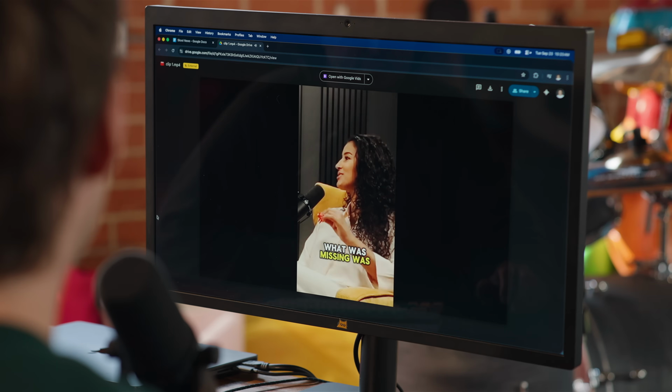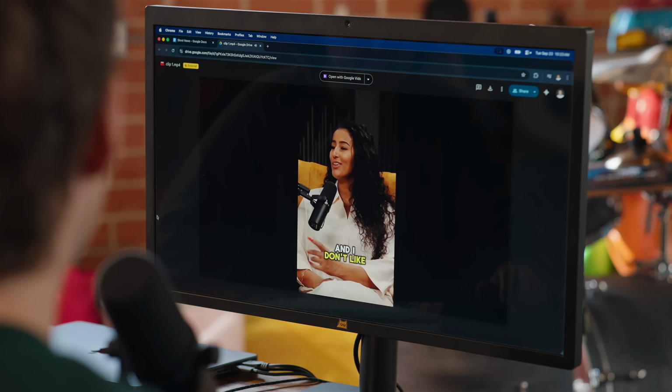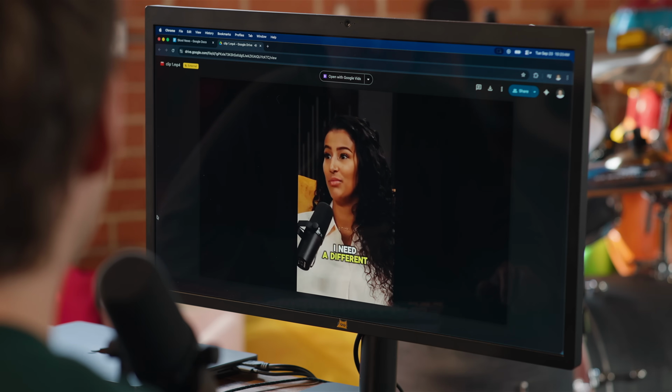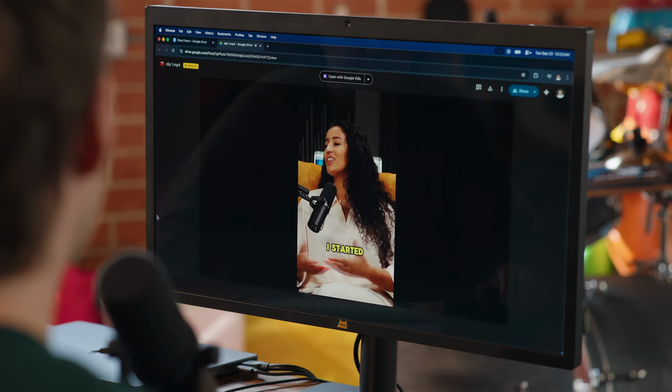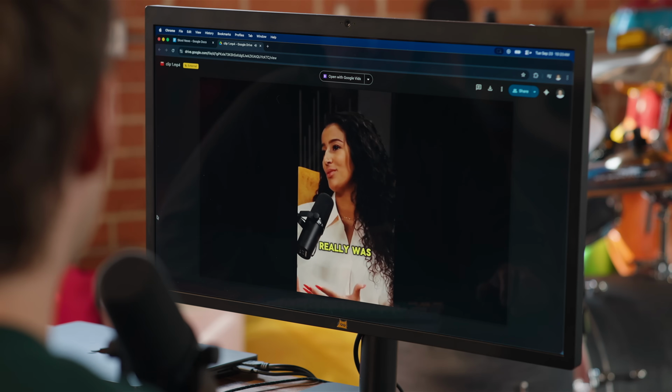What was missing was that extra support. I needed a community. And I don't like Facebook groups. I hate Facebook. I was like, I need a different platform. So that's when I discovered Skool. Skool is so user-friendly. So I was like, this is the platform that I'm going to build my community on. So I started giving free lifetime access to my Skool community. Skool is the one that really was able to make me money as a coach.